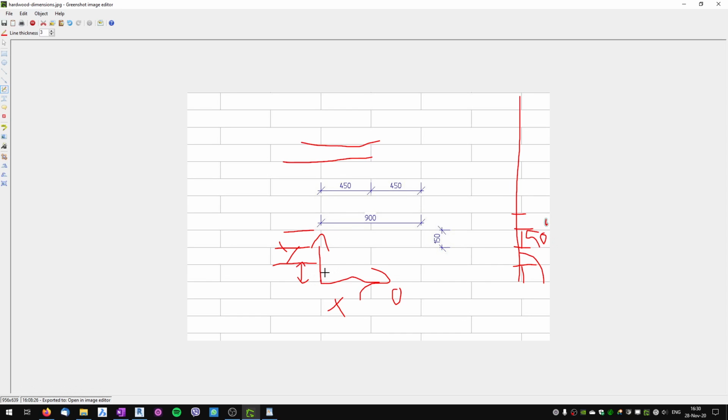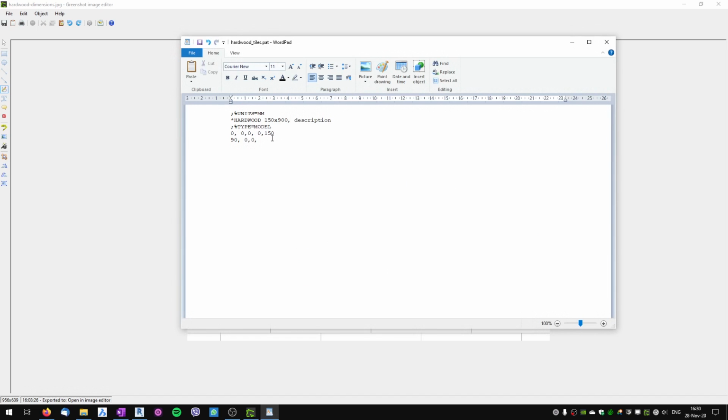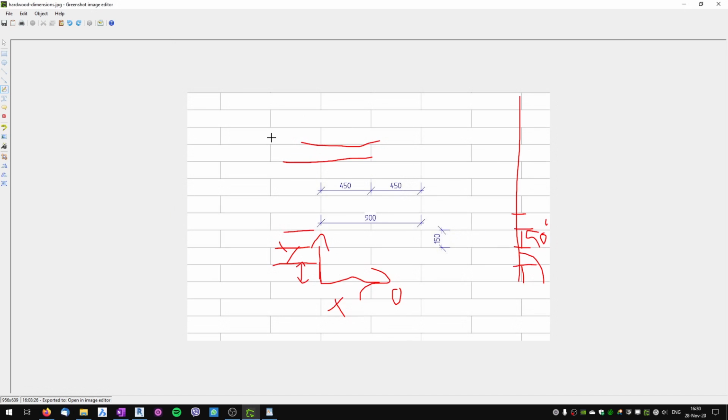So now the offset between these two is not in x-axis but in y-axis because it's rotated by 90 degrees. So in x-axis it's 0, comma, and in y-axis this distance and this distance is always 900